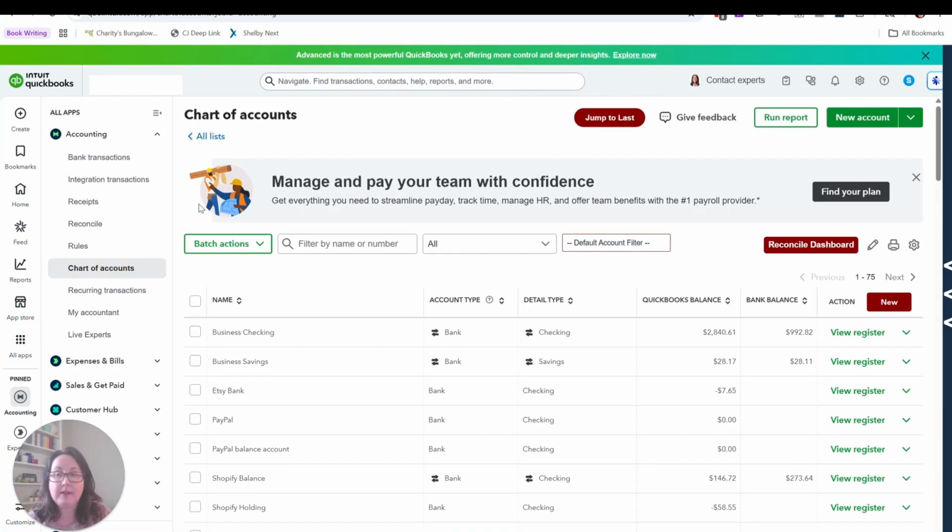I'm going to come over here and go to All Apps, Accounting, Chart of Accounts. Now, the Chart of Accounts basically tells QuickBooks what to call the different categories that you're using. You can create your own custom chart of accounts so that, for example, we will have an Amazon book sales revenue line item, Draft2Digital, Kobo. You could have different line items and customize it to your business. Also expenses that make sense for an indie author. Now, I have already customized my chart of accounts,